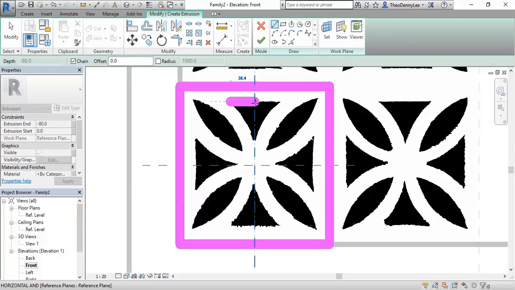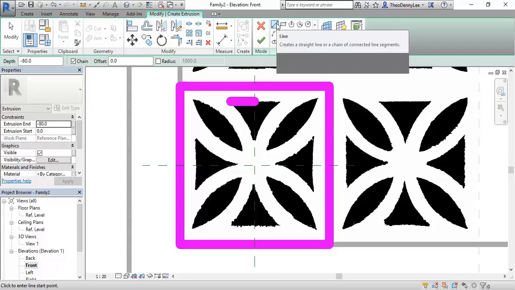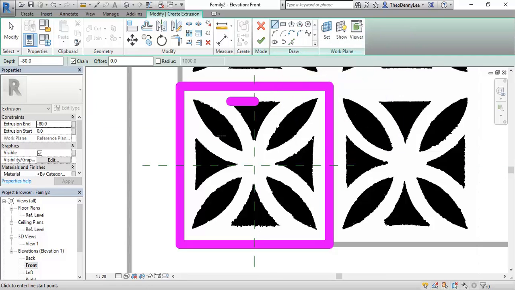back to the middle. And you're using reference planes? No. Now I'm using the line tool. So I've done all of this while making the extrusion. I haven't made an extrusion. Oh yeah, so that's the first thing. Okay, so I'm going to line, and I'm going to draw on the same